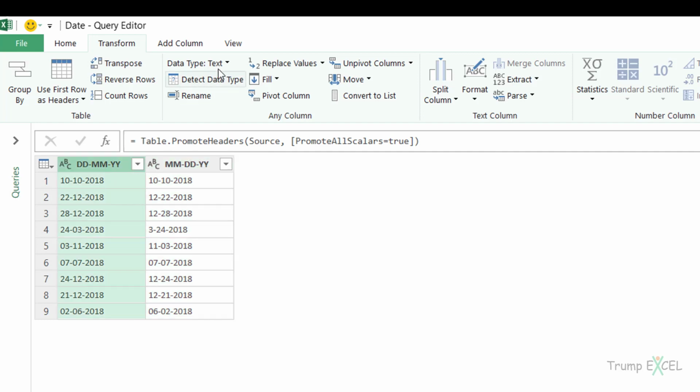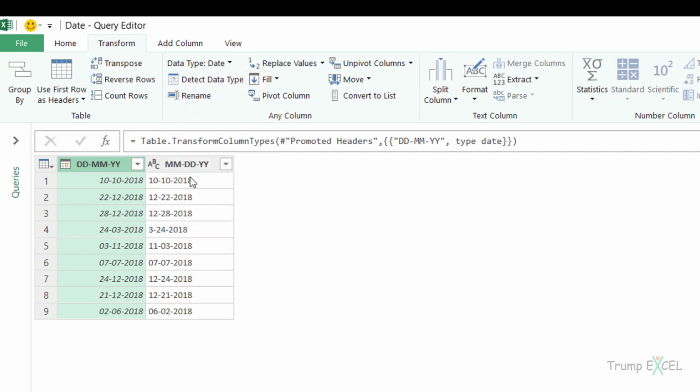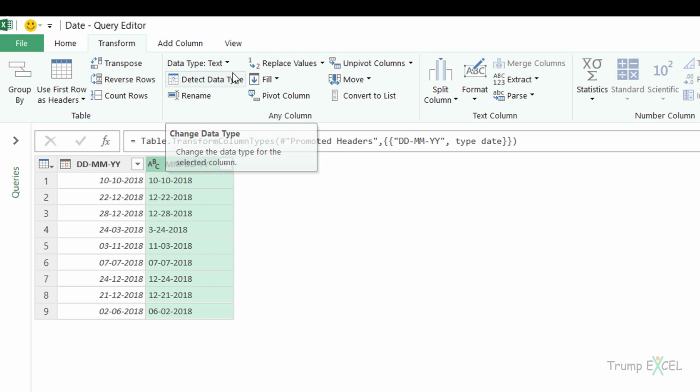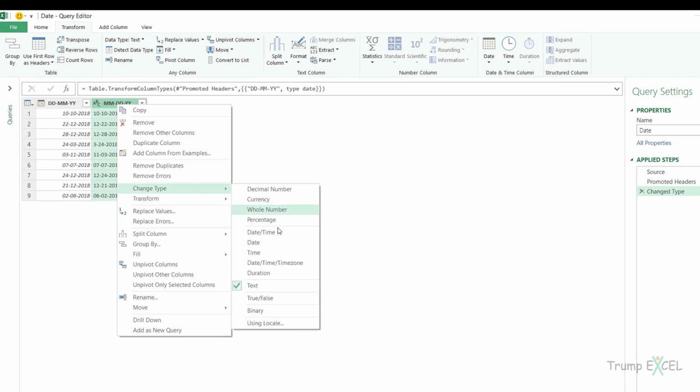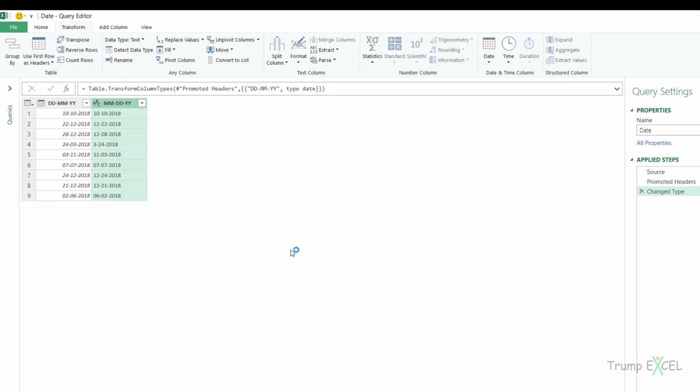So in this case, if I come here and I change this to a date, everything works fine, but in this case it would not. So instead of converting it into a date format here, what you need to do is select the column, right click on it, go to change type and go to using a locale. And when I click on it,